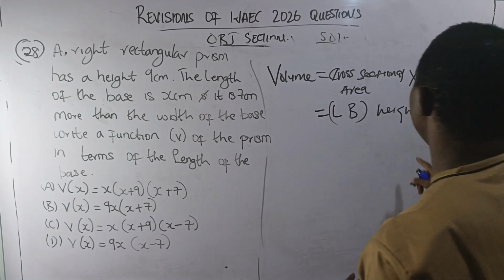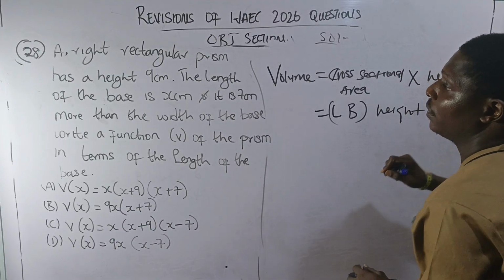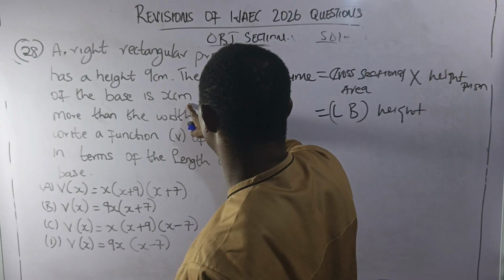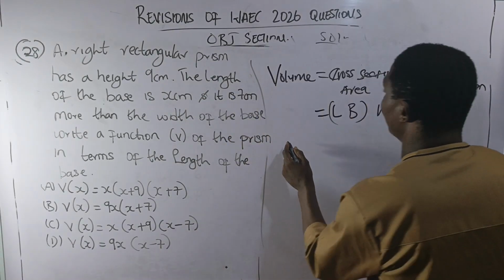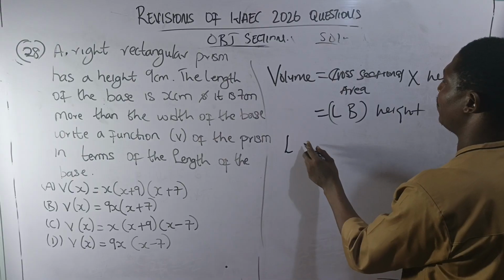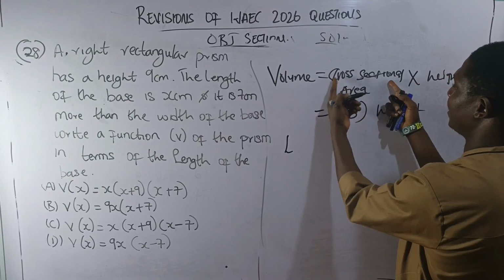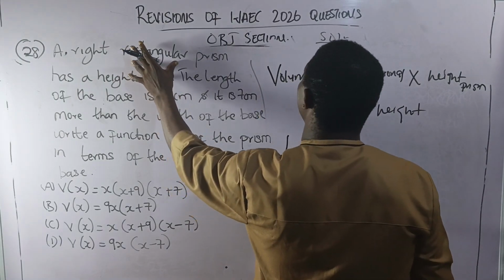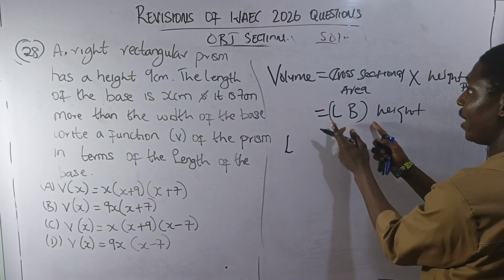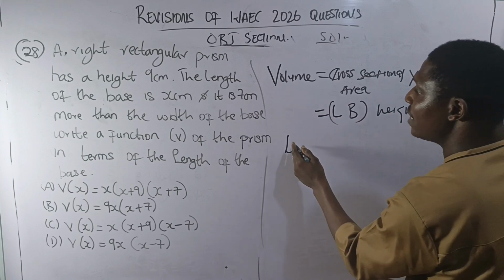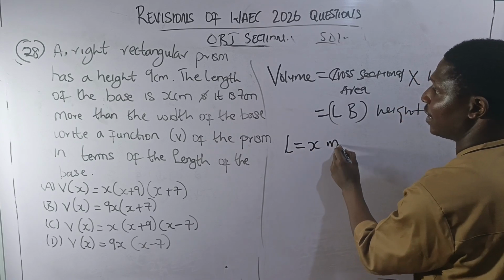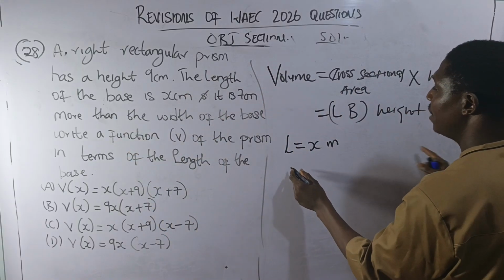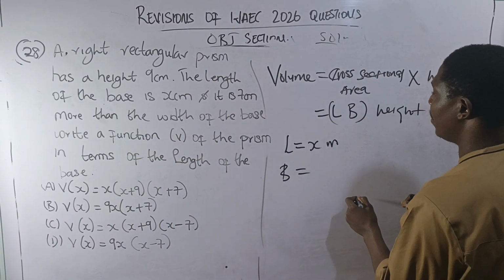Now the height was given as 9 centimeter, and it says the length of the base is 8 centimeter. So the length of the base, the cross-sectional area, the base carries this formula. It simply means the prism has a rectangular base, and the area of a rectangle is length times breadth. That's why we are using this as a cross-sectional area. So the length is equal to 8 centimeter, and the length is 7 centimeter more than the width. Meaning, if this is the width, then I should have the width as